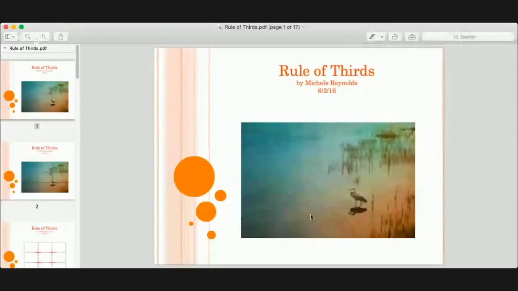All right, so the rule of thirds. What you're going to be seeing at this point is a picture of a bird on a beach, right? Well, that's the original photo. Well, what if I told you to put two lines a third apart on that picture vertically and horizontally? Well, you'd have nine boxes, per se.